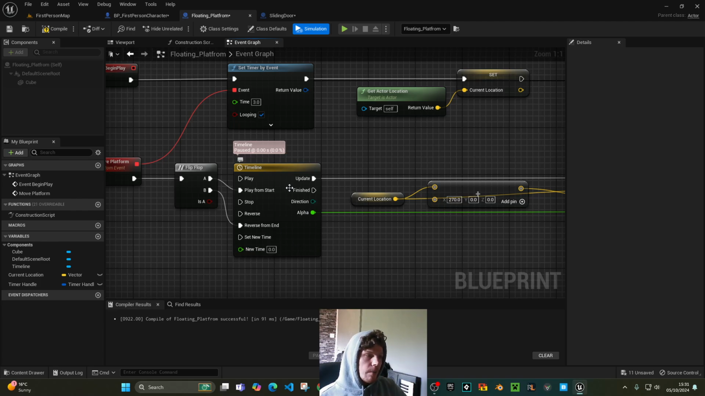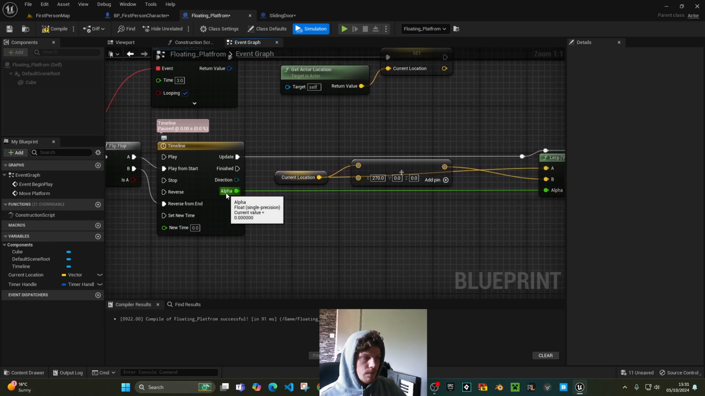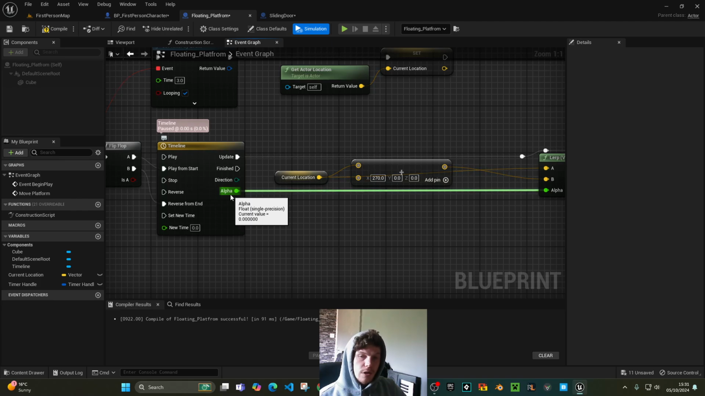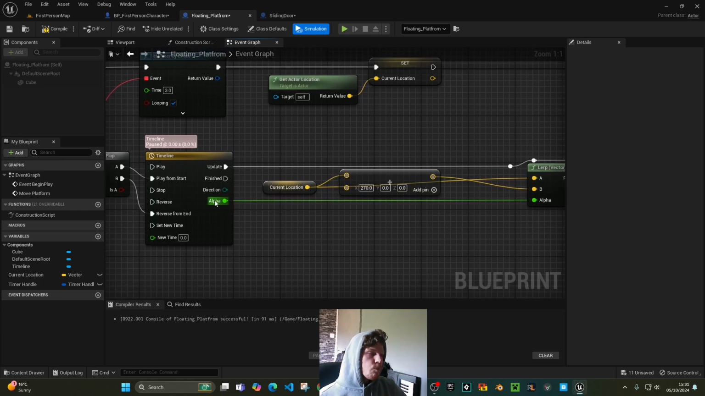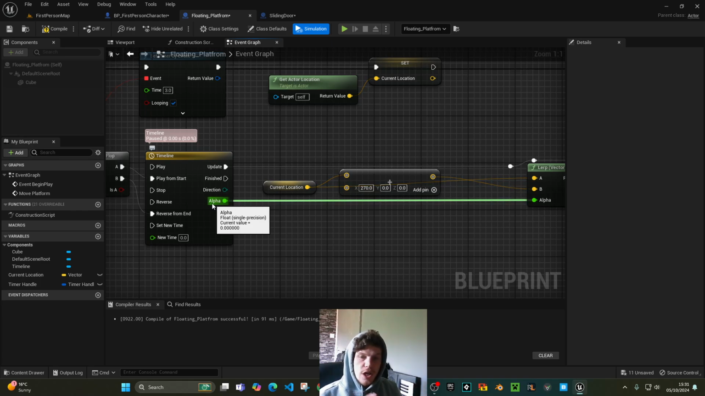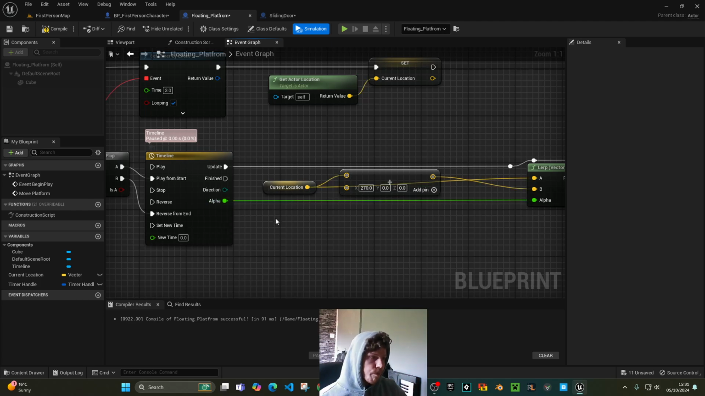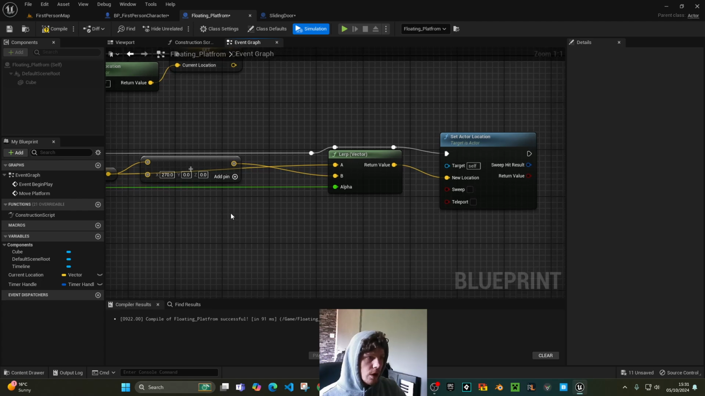Okay, so you've got a timeline, and notice there's a float value which I've named Alpha. This is the value that's actually going to change as the timeline plays and reverses. So for example, if I start at 0 and end at 1, over the time frame that I've set, it's going to slowly increase the value until it gets to 1, and then it's finished. And then if I choose to reverse it, it'll go from 1 back to 0. And what that's really useful for is